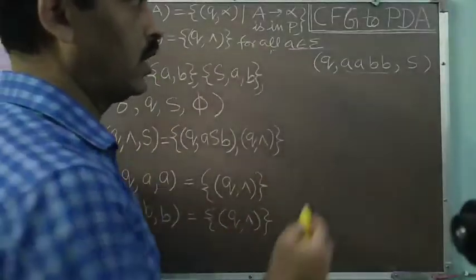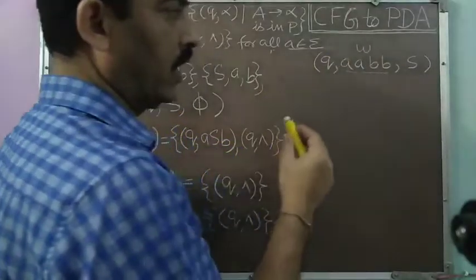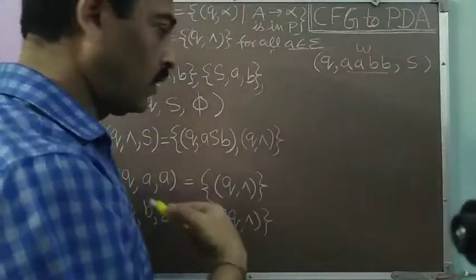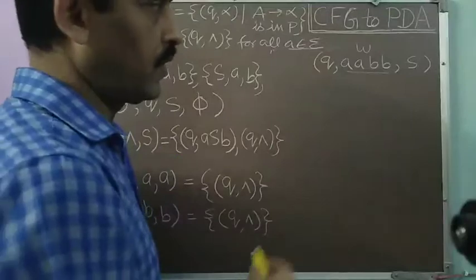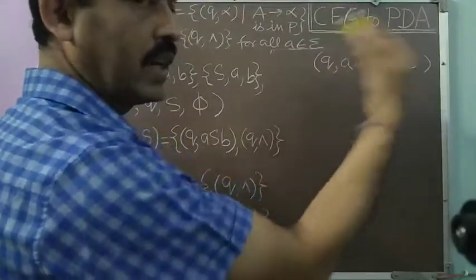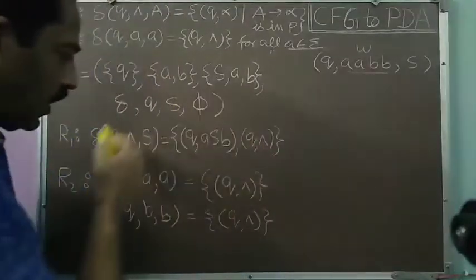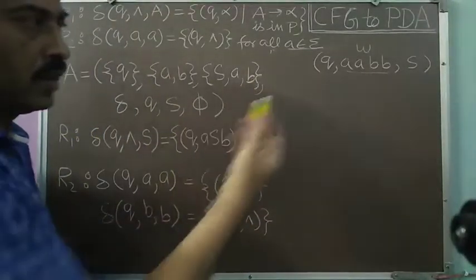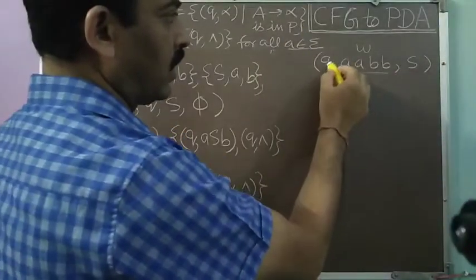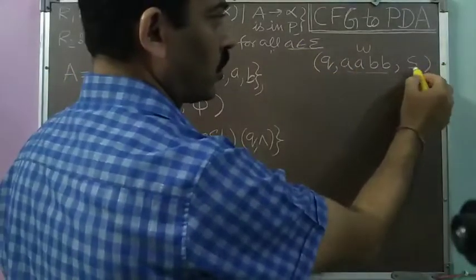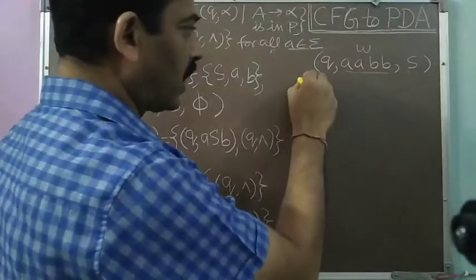Now let us take our example word W, which is AABB. Suppose we take this W, we want to check whether this is a word in the language represented by the PDA or not. We know that whatever grammar we have taken, this is a word in that particular language. Whether it is a word over the PDA which we have found from that grammar or not, this we have to check. So for this we have taken the initial ID. The initial ID is the initial state, that is Q, the initial push down store symbol, that is S, and the whole word remaining to be processed. So now we'll start its processing.